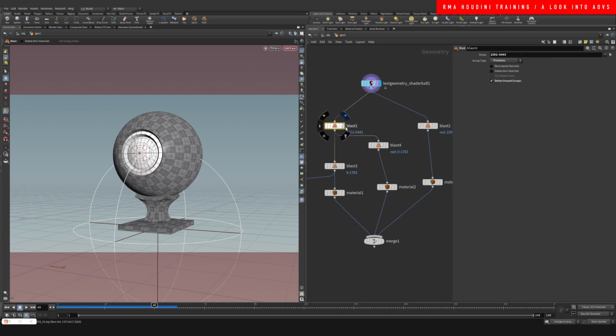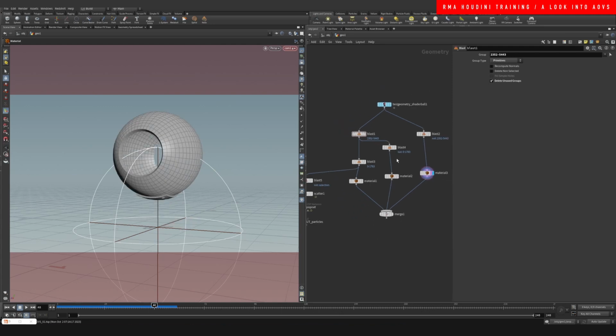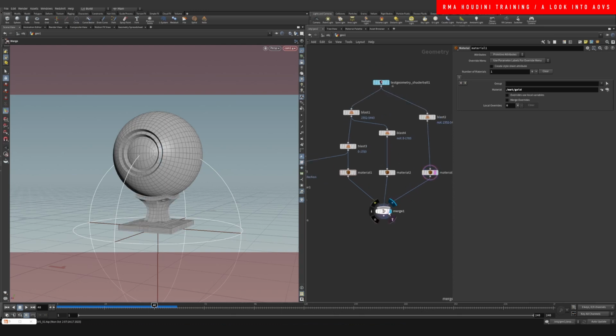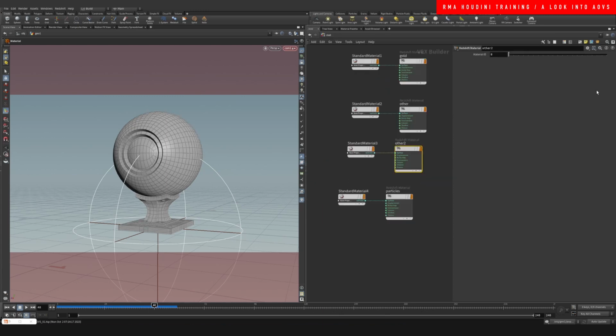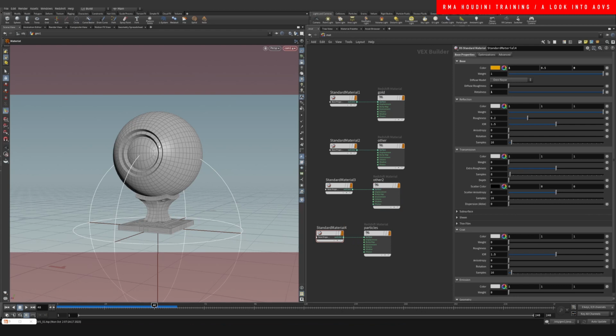Then I just deleted and isolated a few areas of it so that we could give them different materials. I know that you can group and just select one material and add the material per group. This is not the most effective way of doing it, but I just wanted to visually make it easy for everybody to see what we're doing here. Each of these materials is a little bit different, and if we go and check them out, we have gold, other two, and then the particle material, so that I can demonstrate how to use